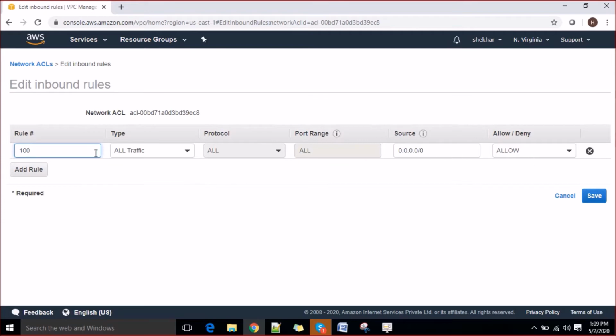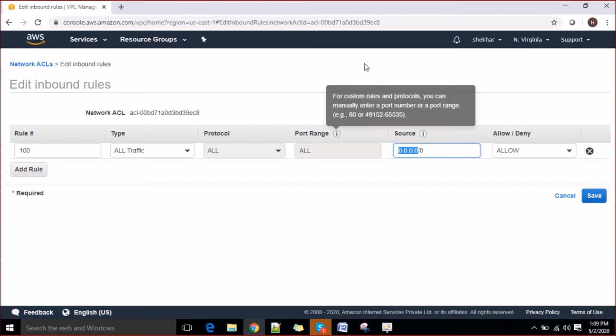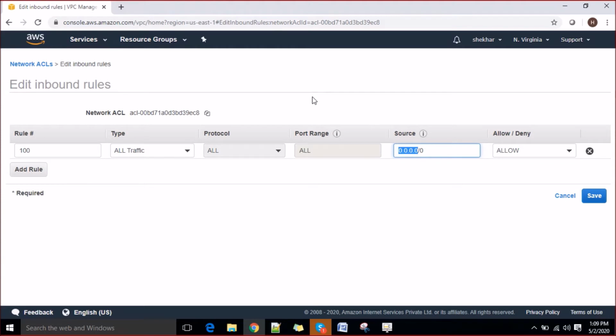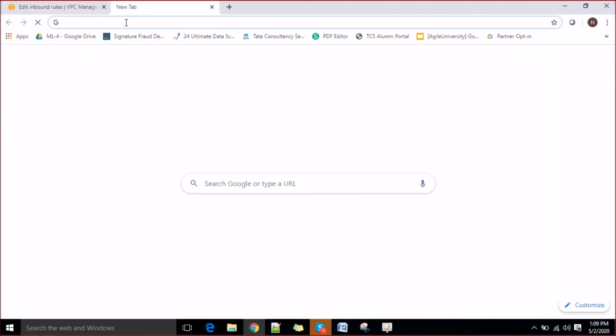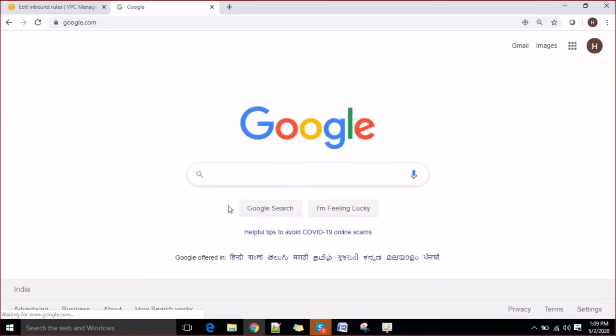There is only one rule and everything is allowed. Sometimes you may face a situation where you say that I am only allowed from this range. By default, the entire range is allowed, so anyone can come into my network. Then when the rule goes on the security group, it will try to filter which is allowed and which is not. But you can put one additional security layer here and say only this subnet should be allowed. Let's say I say my office gateway should be the only one whitelisted.